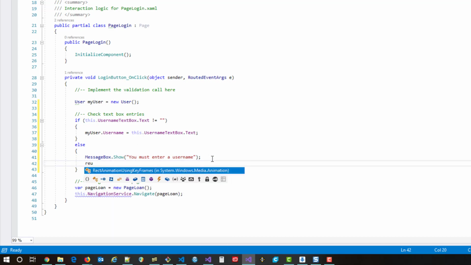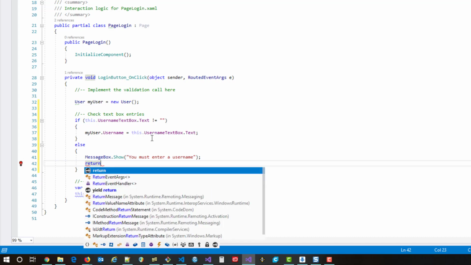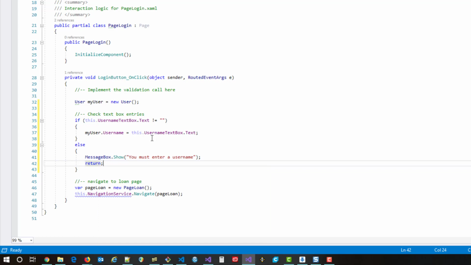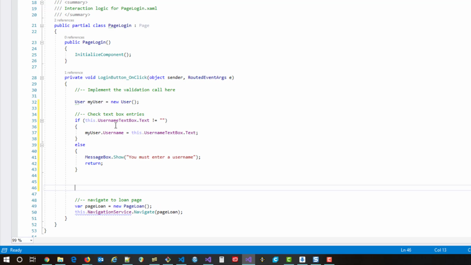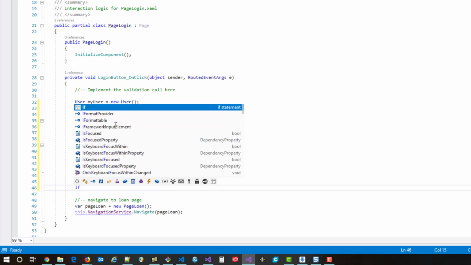Because this is a void, in order to break out of that, we just put return. This is not returning a value, so we're just going to return out of the method, and it's as if nothing happened. We could actually put focus on various controls and so forth, but we're not going to do that. So what we do is we then repeat this exercise and say if